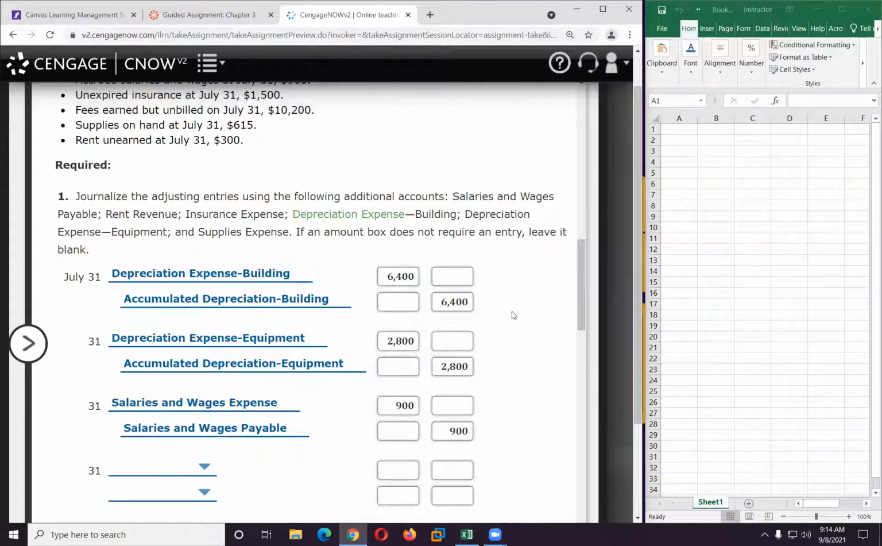Our next adjustment tells us unexpired insurance at July 31st is $1,500. This one's a little more confusing, okay? So unexpired means any prepaid insurance we have that we haven't used up. So it's telling us the amount that we still have left at the end of the year. So what we have to do to figure out the amount of the adjustment